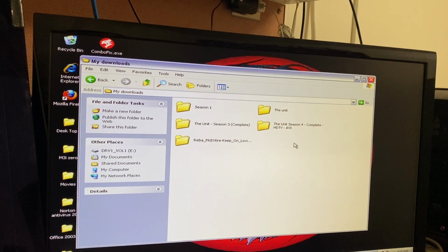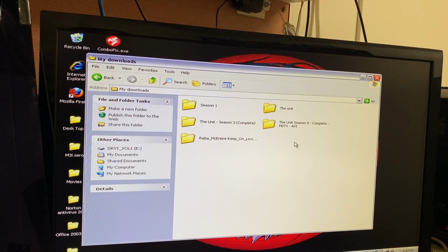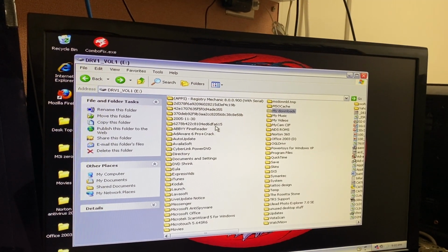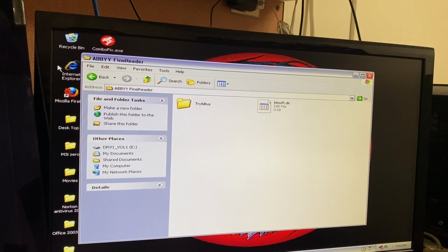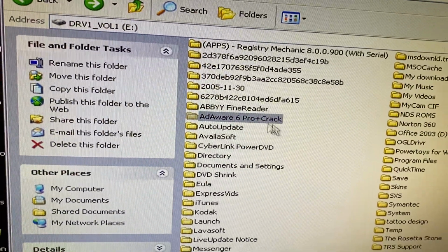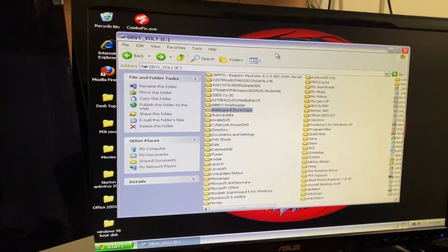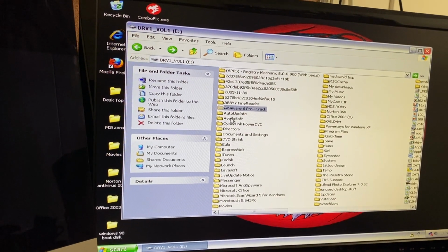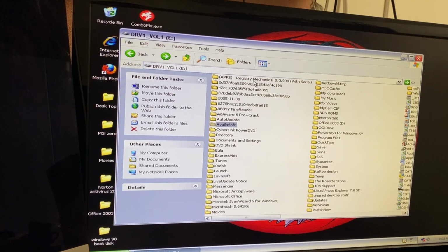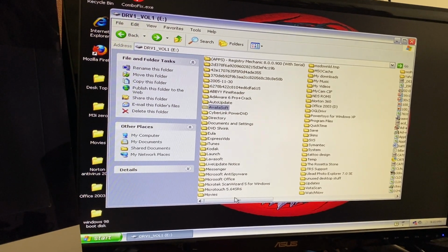Oh, yeah, someone was definitely into pirating some television shows, you can tell. That's definitely legitimate. It's got ABBYY FineReader of some kind. Nice. AdAware 6 Pro plus crack. Why would you even bother pirating an antivirus? That makes no sense. Photos album, PowerDVD, Registry Mechanic. Oh, this thing is full of a bunch of...